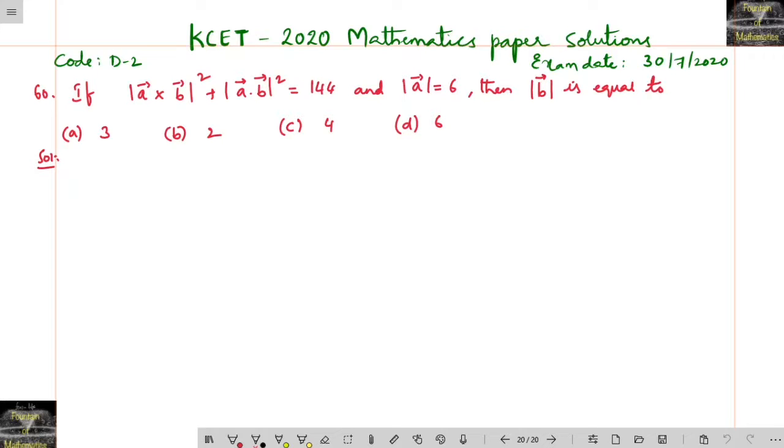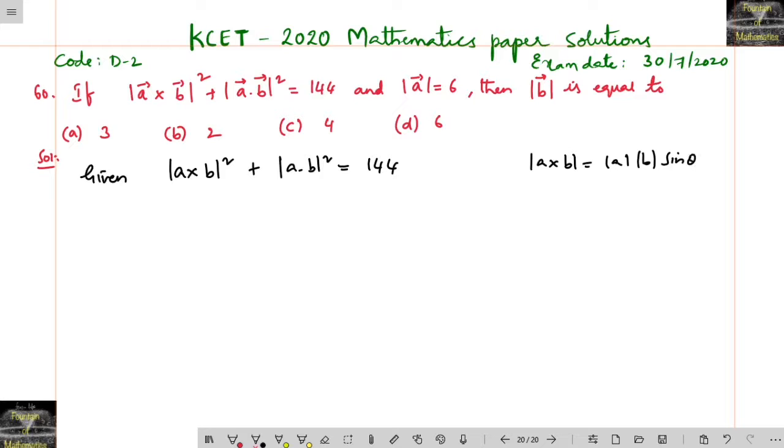If mod of a cross b whole square plus mod of a dot b whole square is equal to 144, and mod a is given as 6, we have to find mod b. So given mod of a cross b whole square plus mod of a dot b whole square is equal to 144. Since we know that mod of a cross b is equal to mod a mod b sin theta, and a dot b we can write as mod a mod b cos theta,